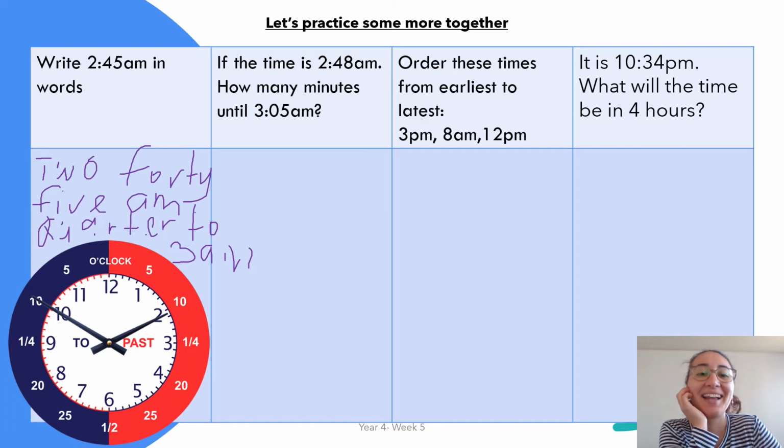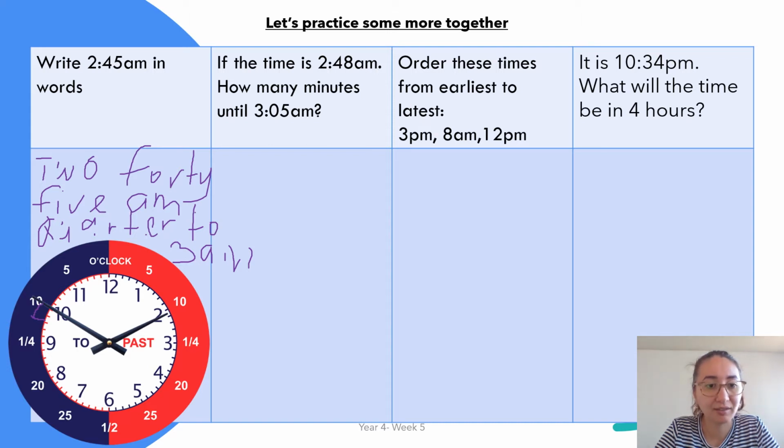Okay. Now the next question. It says, if the time is 2:48 AM, how many minutes until 3:05 AM? We can use our analog clock here, and using the intervals and counting by fives will also help you. So if we see 2:48 AM, I'll just mark that on here. We know that when we get to 2:48, we want to get to the nearest